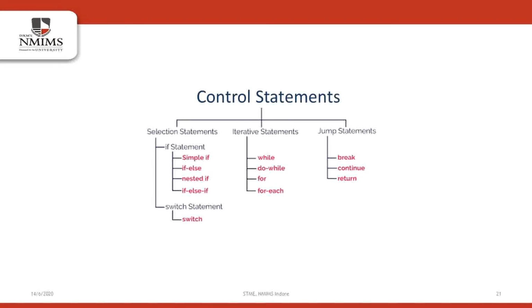The if statement is used when we have a few options or conditions to check. If this happens, then do this, else do that. Now, there are many variations of the if statement. The best example of if statement can be the grading system. If you get marks between 90 to 100, grade A. Between 80 to 90, grade B, and so on. Now, the switch statement is an alternative to the if statement. Again, the question arises: why do we even use switch when we already have if? We use switch statement when we have a lot of options to choose from and make a decision from. We'll understand both these statements in detail with the help of programs.